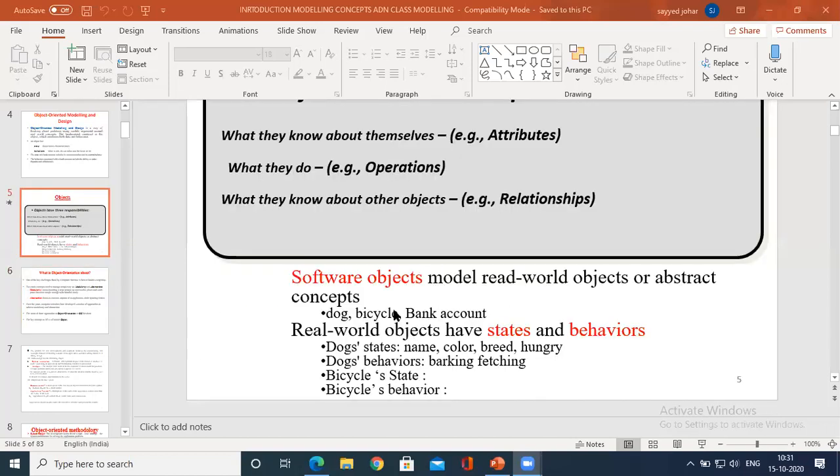If you say the state of an object, coming to the example, we have a bicycle. We can represent its attributes, its states, and the operations. Similarly, a dog has its state: name, color, the kind of breed.